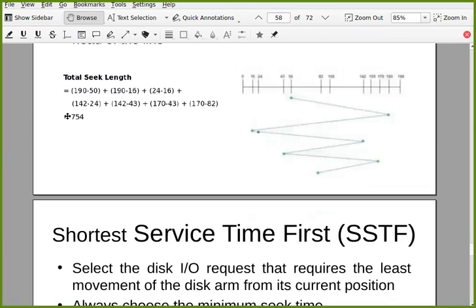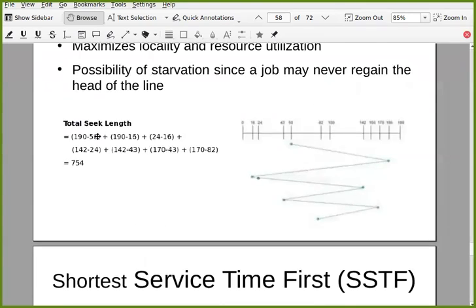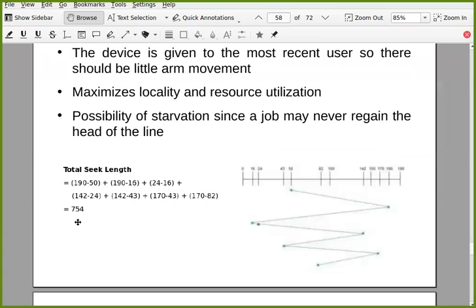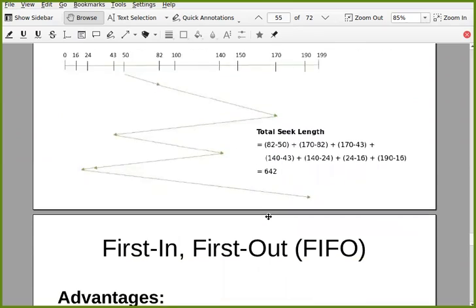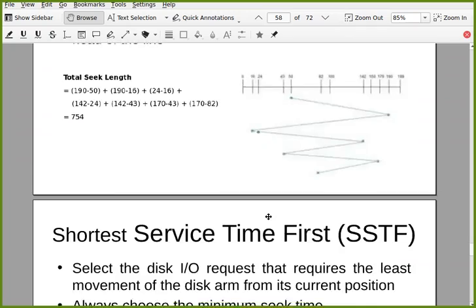But this is the total seek time that you achieve in this particular example. You cannot always generalize these policies, you cannot compare these policies and generalize something. Of course there are a few points, but currently for this example there is 754 seek time. In case of FIFO it is 642. That's just a number in this particular case.